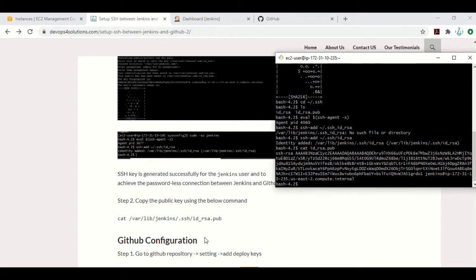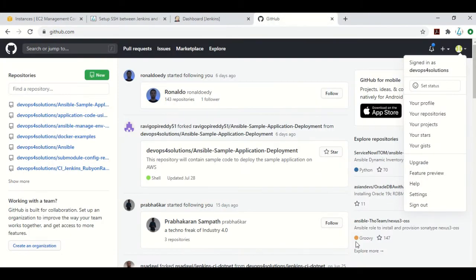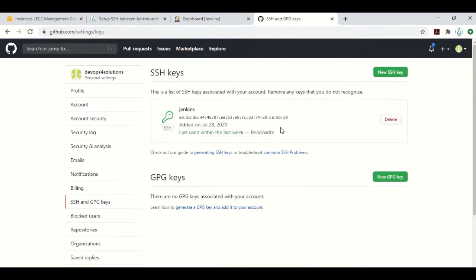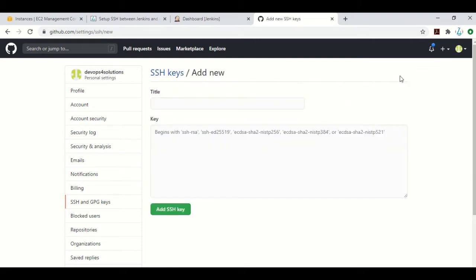Now we will open our GitHub account. This is my GitHub account. Here you can see your profile options, and in the settings, let's go to your settings, and here you will be seeing that SSH and GPG keys. This is when I was doing some testing, so it is installed with some other servers. So you have to go there and put the new SSH key.